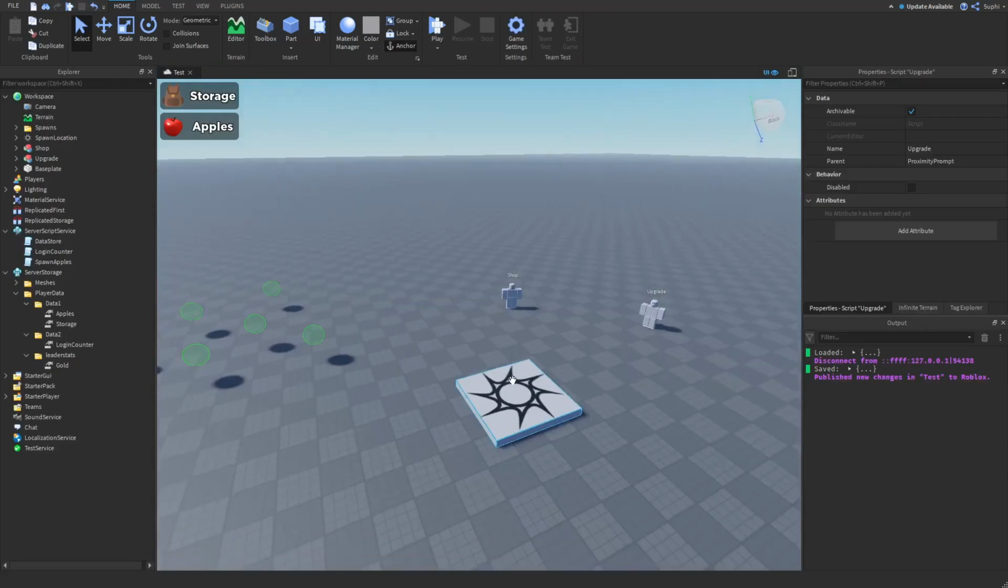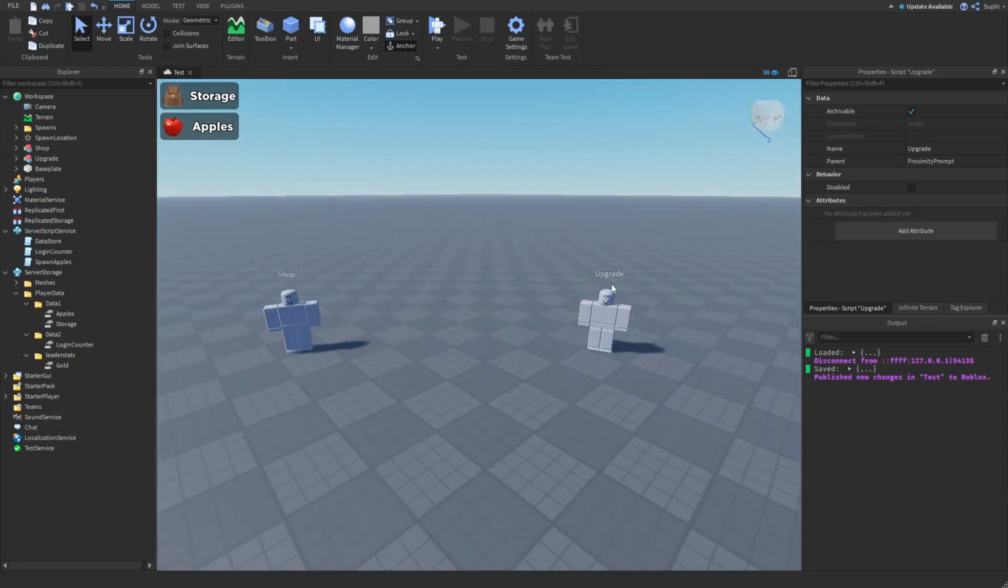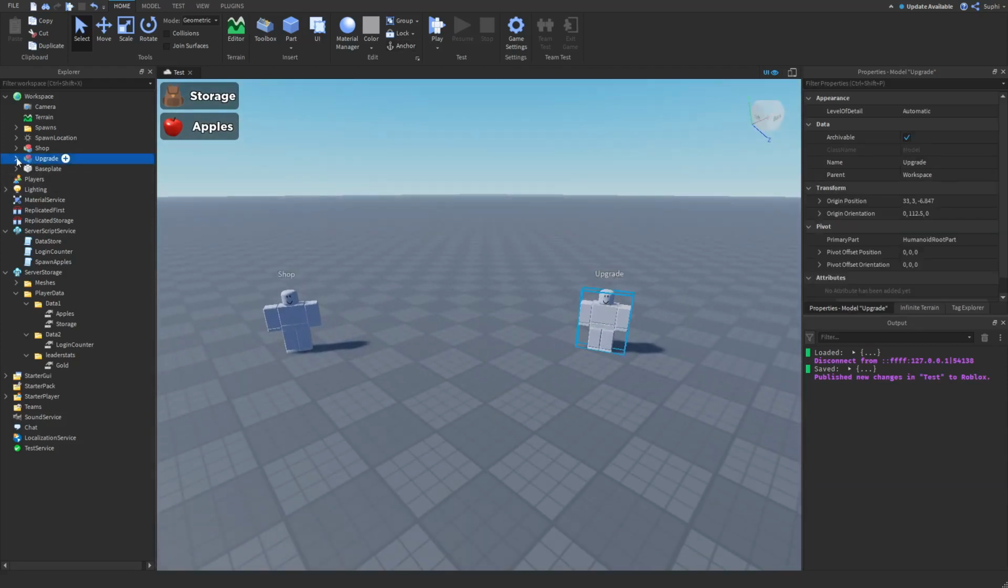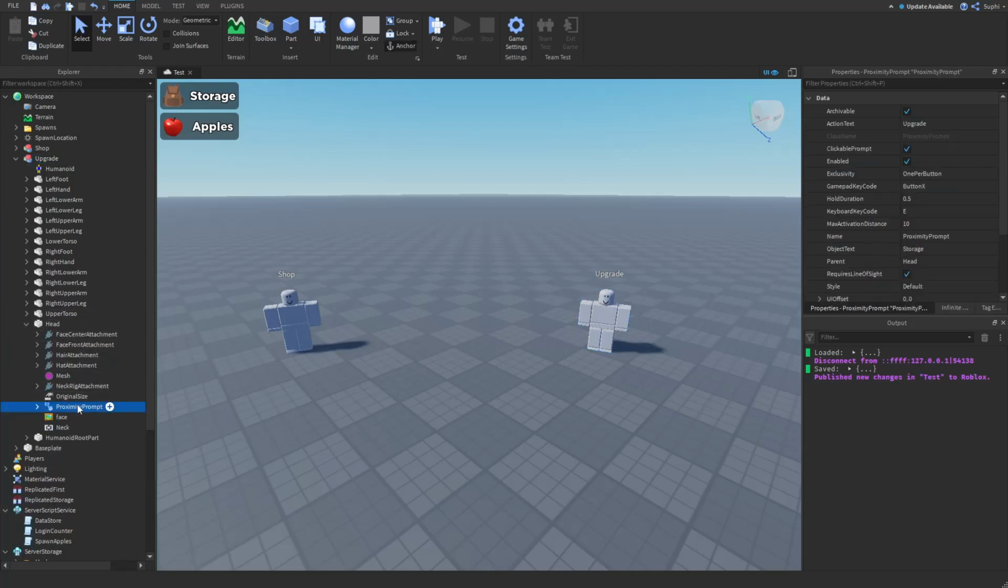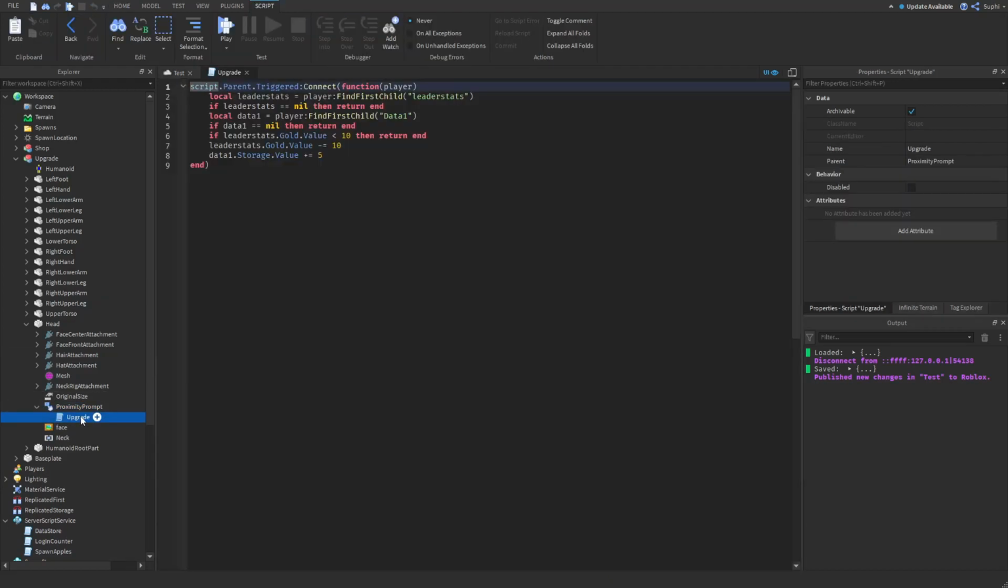What I've done now is created a new dummy called Upgrade. You can see him here, and inside of his head I've added a proximity prompt with the action text of upgrade and an object text of storage. And if we look inside of this, we have a script called upgrade, and when the proximity prompt is triggered,